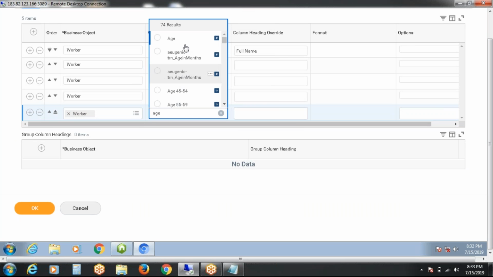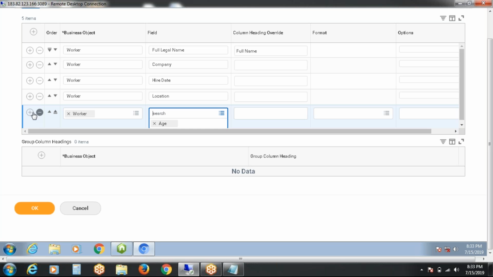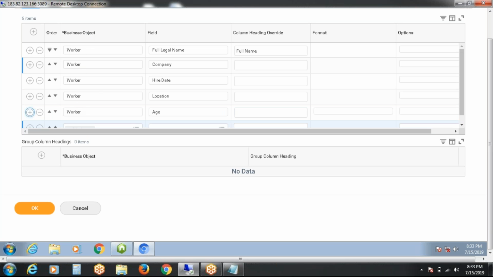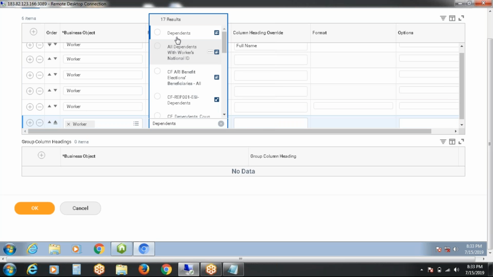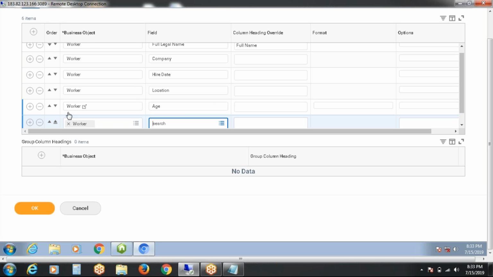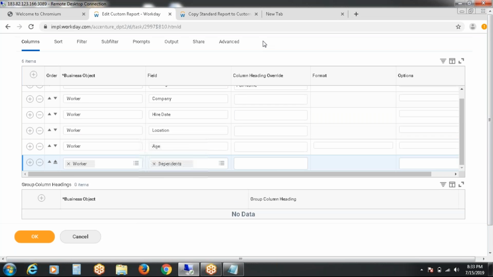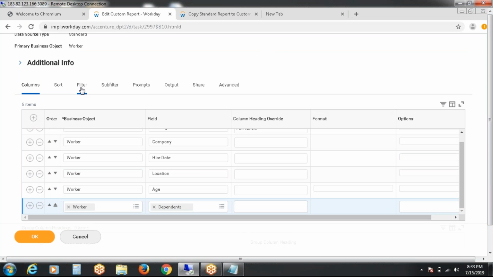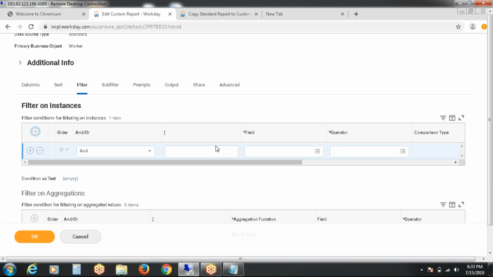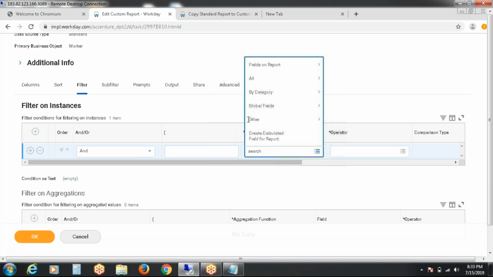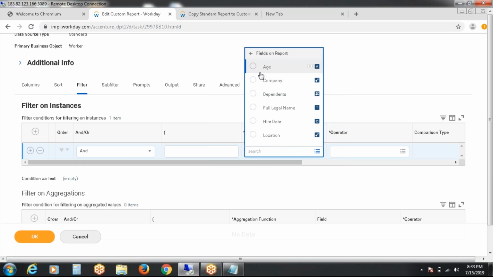same as whatever we have given in the simple report, the same fields we used to provide, but the only difference is we will change the business object. Dependents. So these are the details that I have provided, and I am going to give one fixed filter here called hire date filter. I would like to see the details on or before 2015.